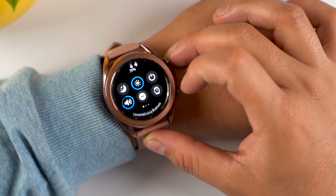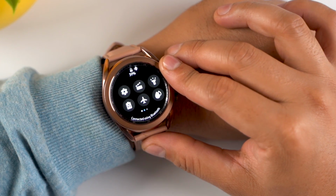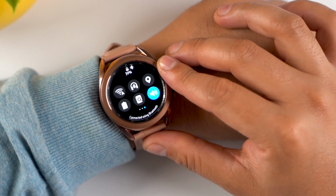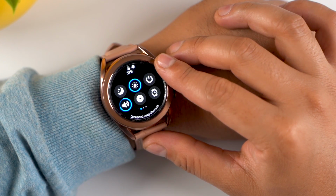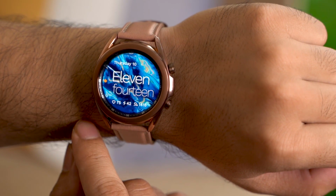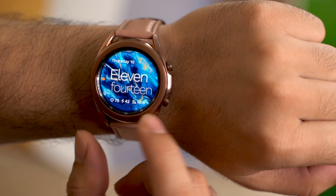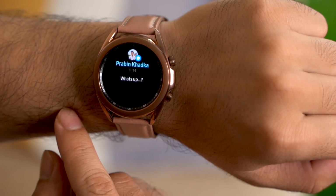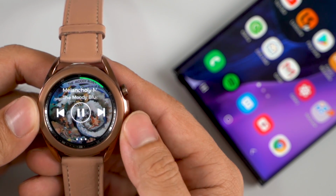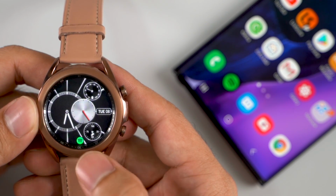You can launch the Action Center by swiping down from the top for quickly turning on or off various functions like always on display, power mode, etc. All the notifications are neatly arranged on the left side of the home screen and are indicated by a little orange dot on the side. Likewise, the bottom of the screen shows the currently running action like a workout reminder or some open app like